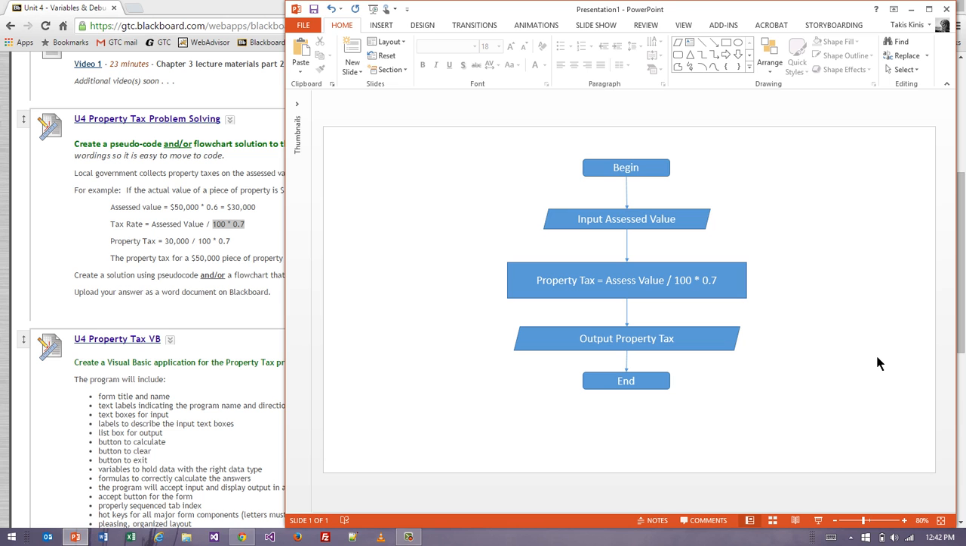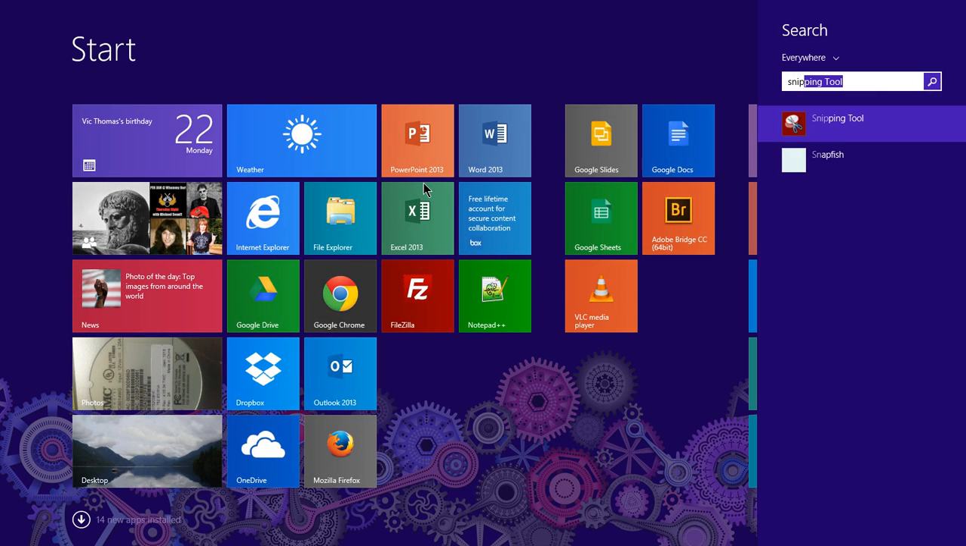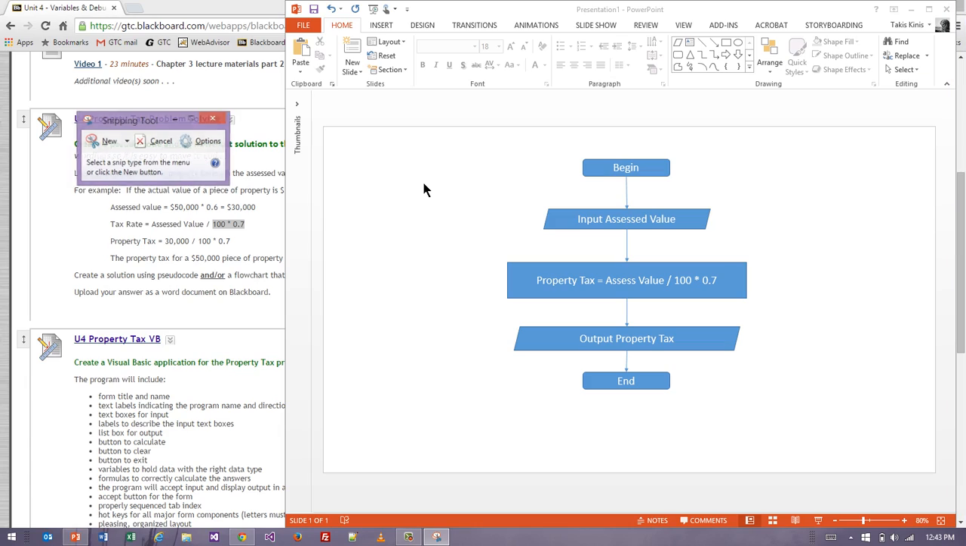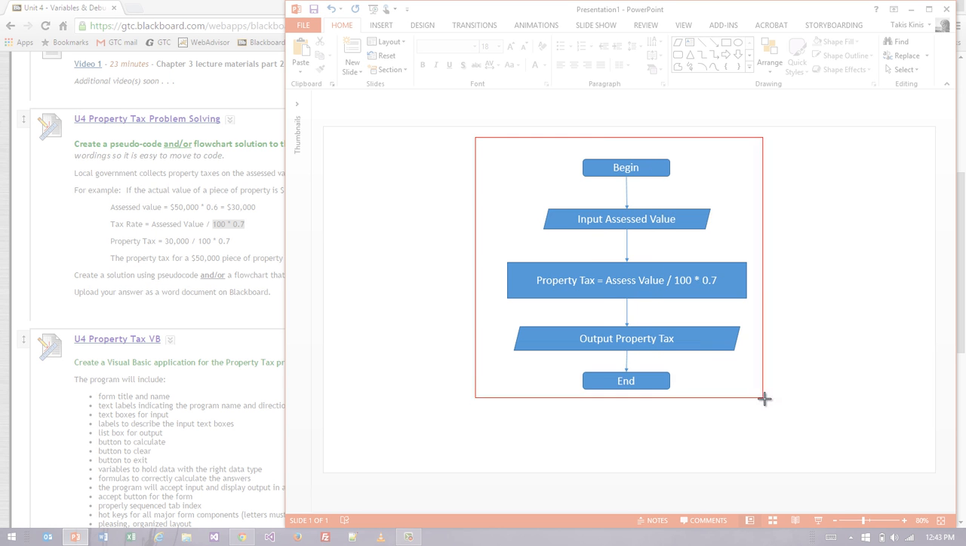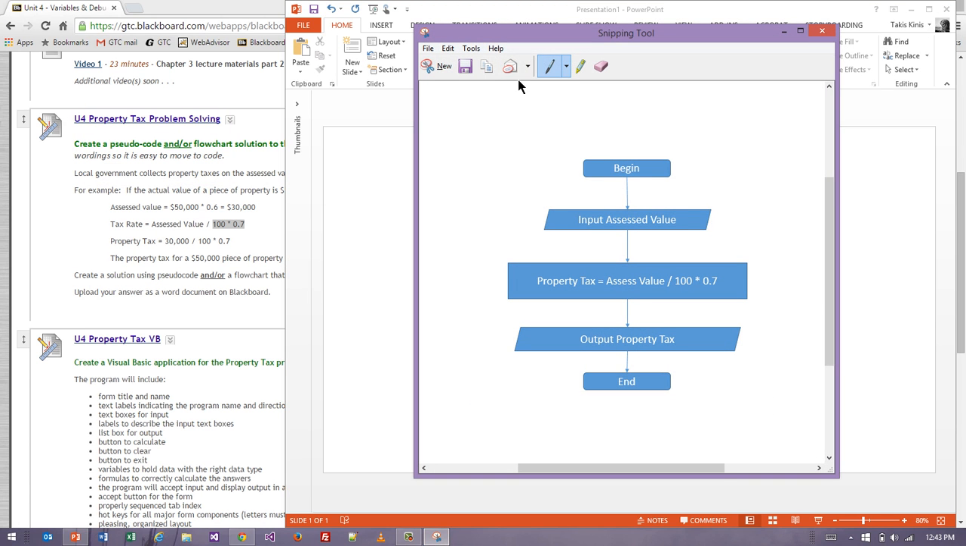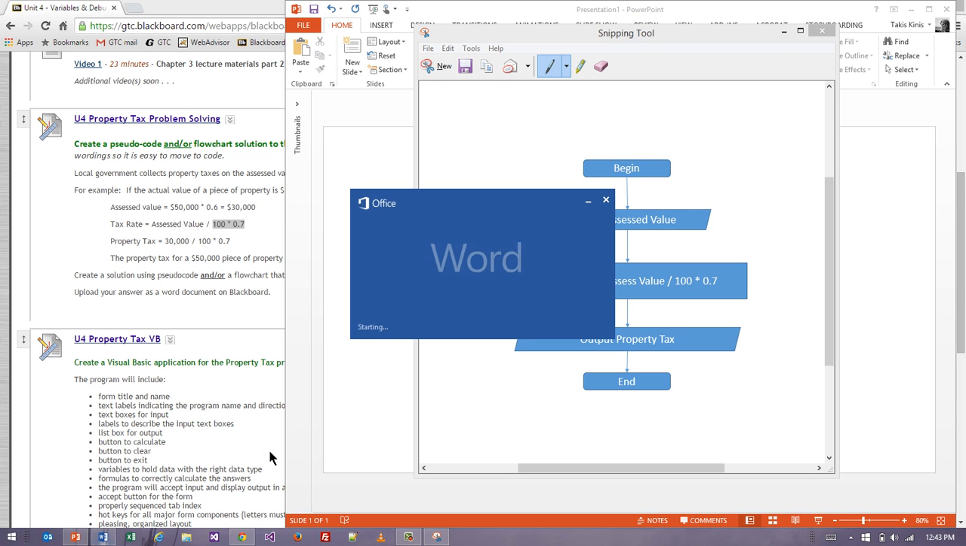Okay, and then that would complete it. And the way I would do this at this point, if I was going to drop it into Word, the one way would be I could do a screen capture. So I could do a snip, use my snipping tool, create a new one, grab that, click the copy button,